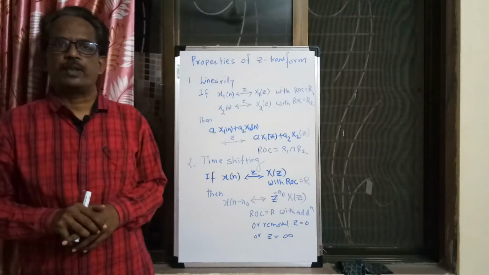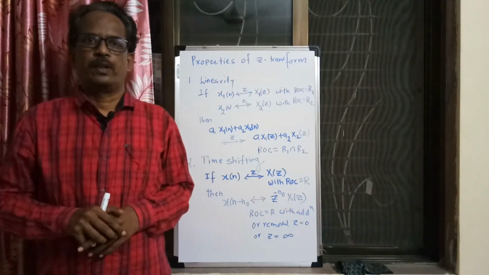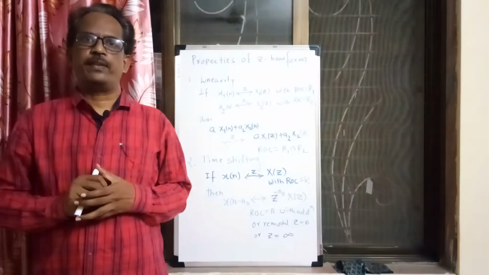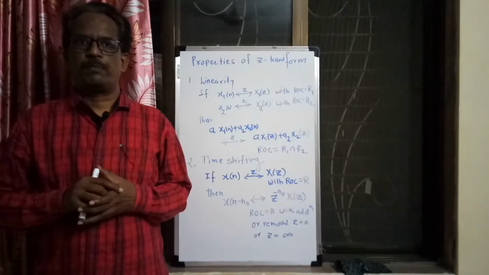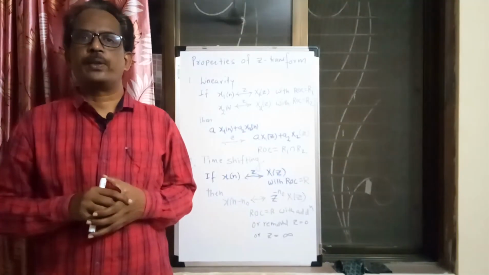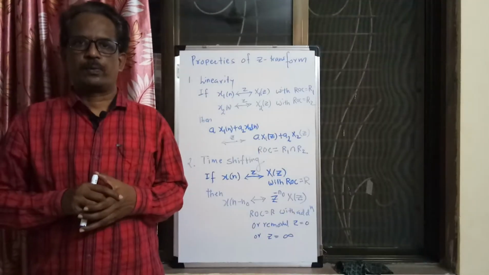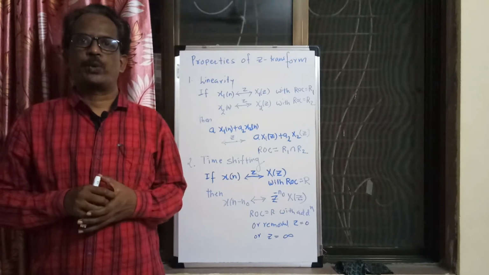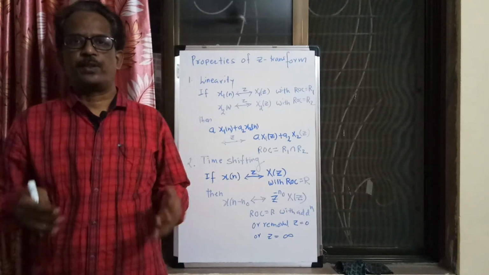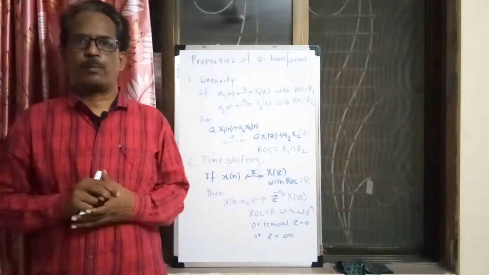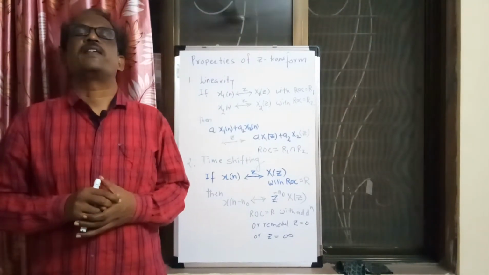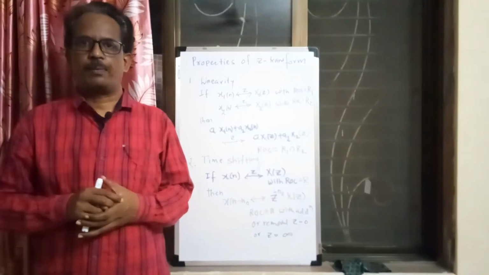It is my third video on Z transform. In the first two videos we have seen the definition of Z transform, where Z transform is used, then problems on Z transform, a raised to n u of n, what is the Z transform, when the ROC is exterior to the unit circle or circle of radius a, when the ROC is interior to the circle of radius a.